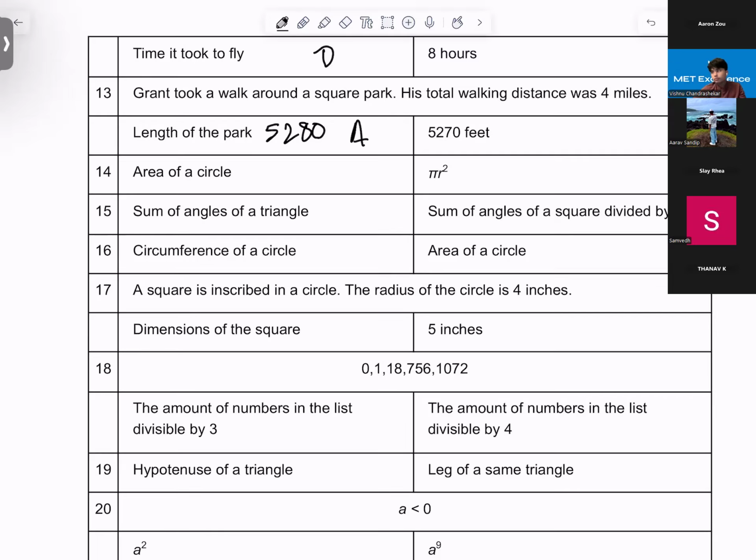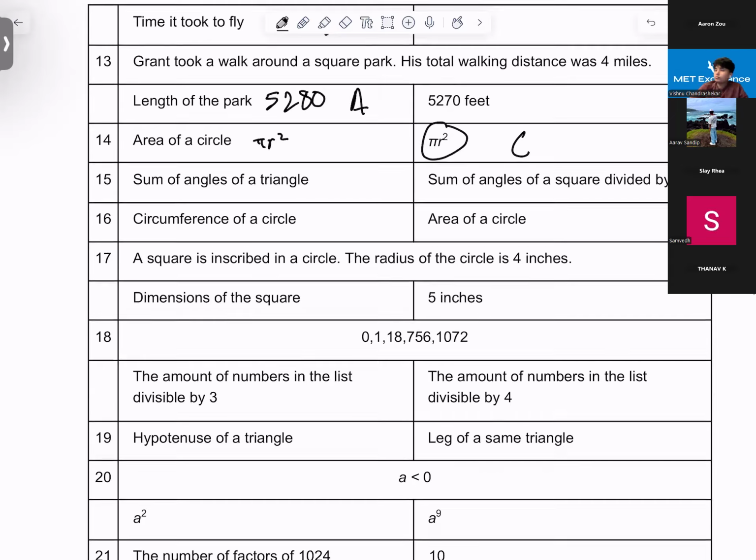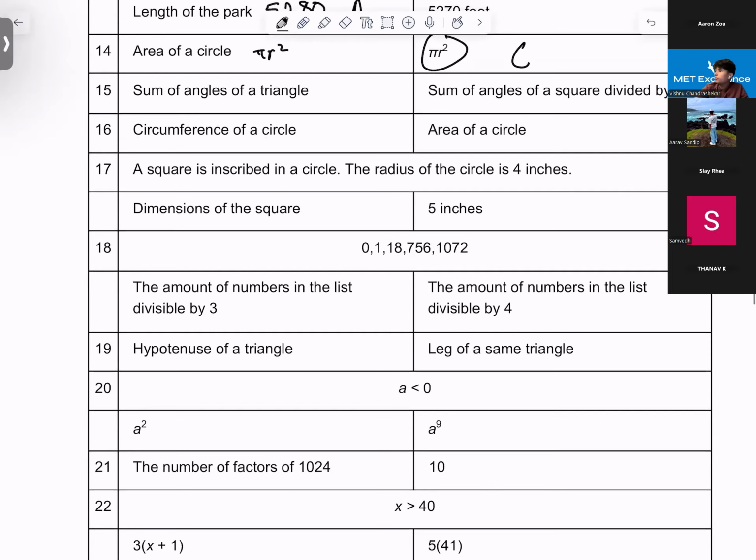All right, for 14, the area of a circle, as you guys should know, is just pi r squared. And B is also pi r squared, so the answer is C. Okay, 15. The answer option here would be C because